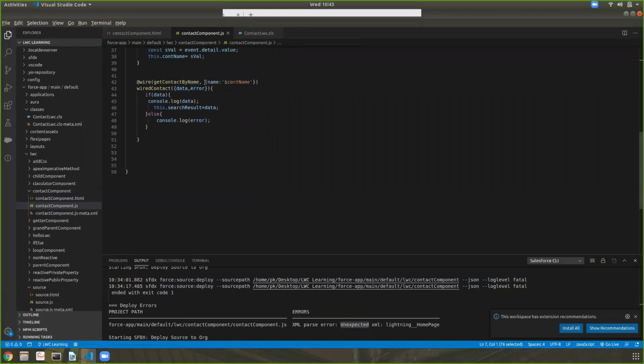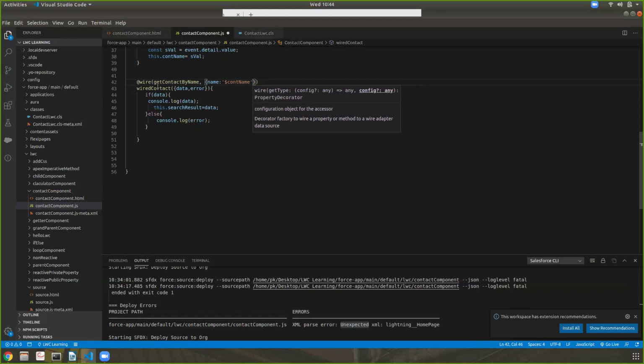And here it passes the argument. This is the process of passing the argument to the Apex method. I can pass multiple arguments here using commas. Like if I have to pass an Id, I can pass it, but I have to use a dollar sign before the variable, like any variable, myVariable. So you can pass multiple values in the argument.